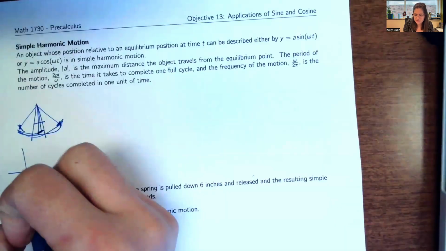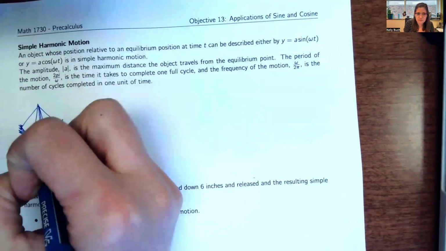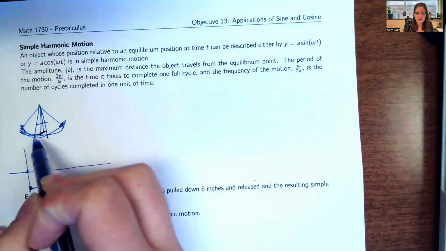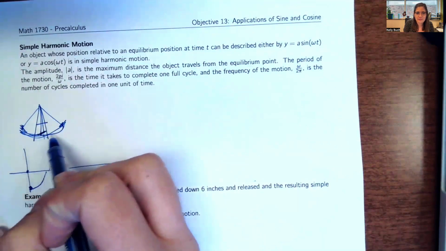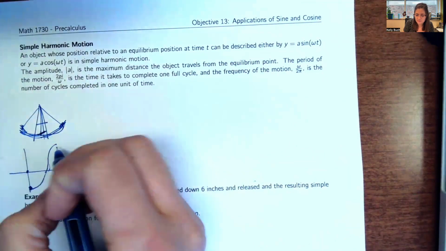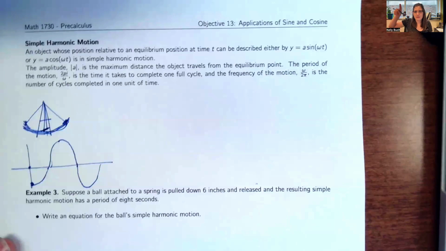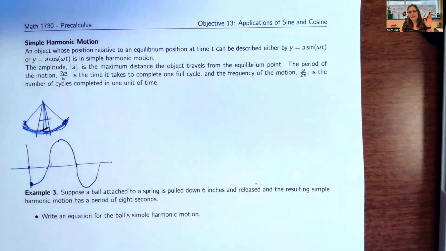So maybe my position is negative, and then I'm gonna swing to the middle. I'm gonna end up here in the middle where my position is kind of zero. And then I'm gonna swing forward, so my position is gonna go up. And then I'm gonna swing to the middle again, and then I'm gonna swing to the back. And it's gonna keep going like that, right?